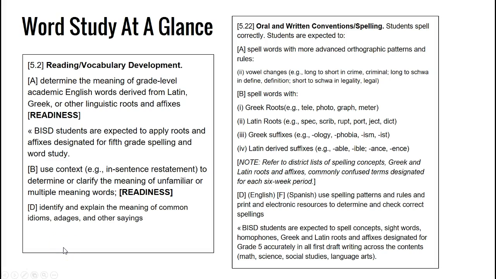So let's look at the word study that we have. Of course, once again, we have our 5.2a where they're going to be looking at roots and affixes designed in the 5th grade spelling. Also, 5.2b where they are looking at the meaning of words and understanding them in context. And then we're looking at idioms and other sayings. And once again, you see your spelling,